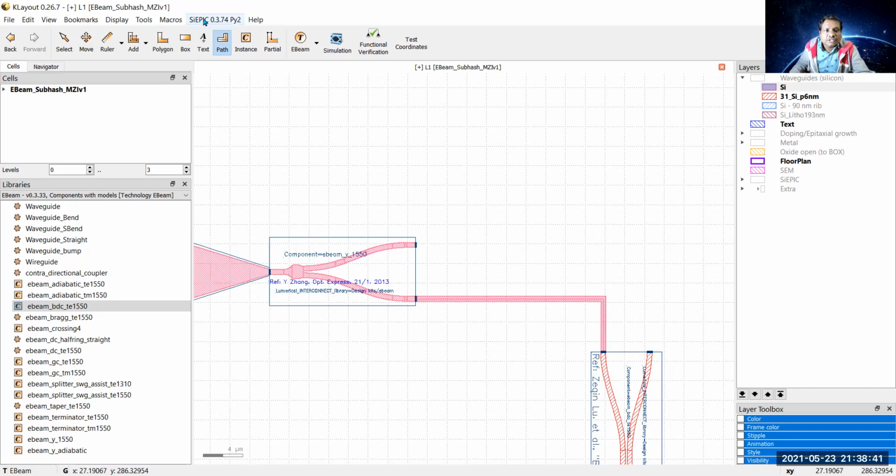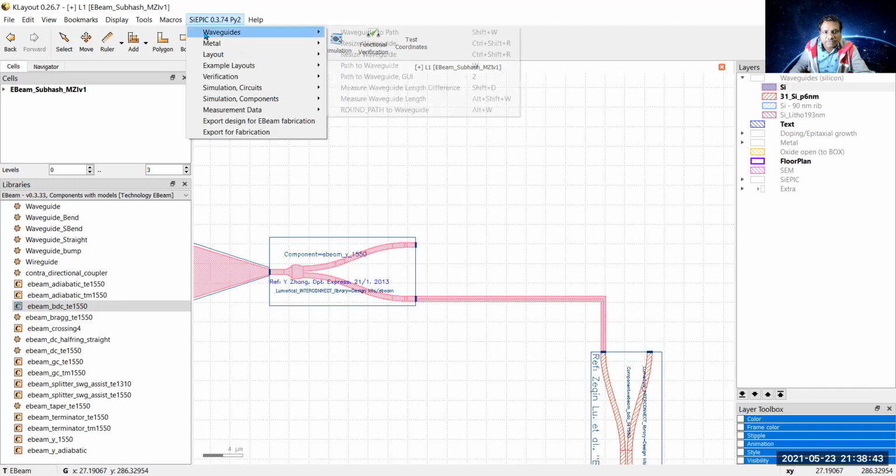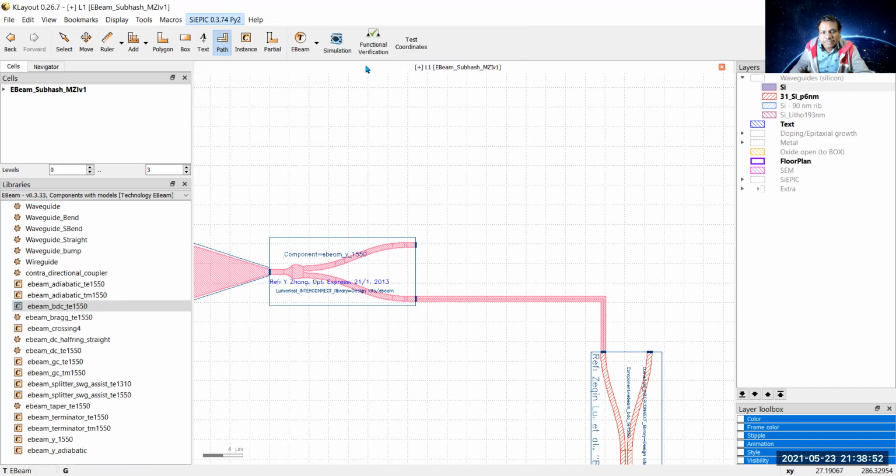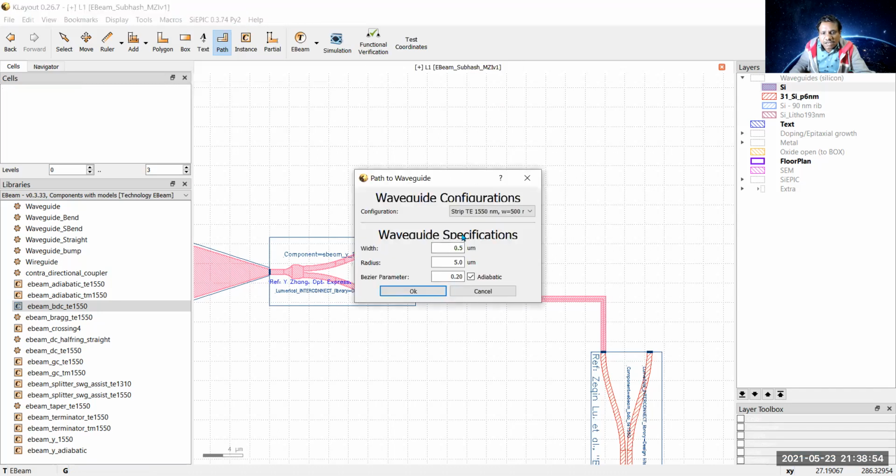So go to SiEPIC, under that we have waveguide. Go to waveguide and there is a path to waveguide command, that is W. Click on it. It will ask for the waveguide configuration. So we see this is a strip waveguide for TE mode. Waveguide width is 500 nanometer, and the other specification is the radius, which is 5 micrometer for minimum loss.